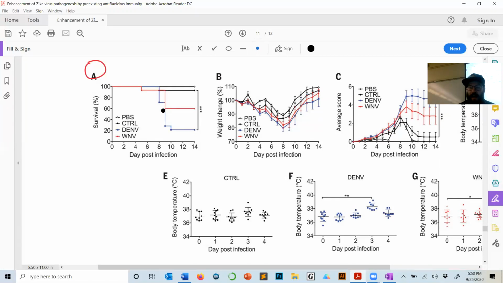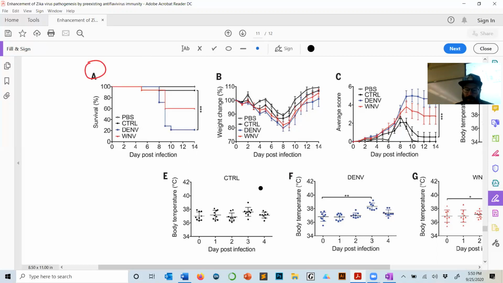So why are they dying? ADE. They're dying in theory because of antibody-dependent enhancement. You've given them plasma that has antibodies, and now the Zika virus is super able to infect the cells, and it kills the mouse. So they're not dying if they don't have the antibodies. They are dying if they do have the antibodies. So this is a theoretical mouse model proof of principle that antibody-dependent enhancement can happen in mammalian